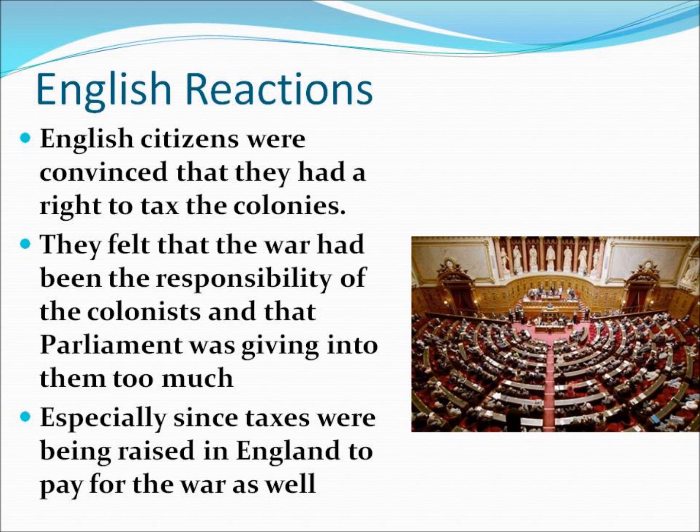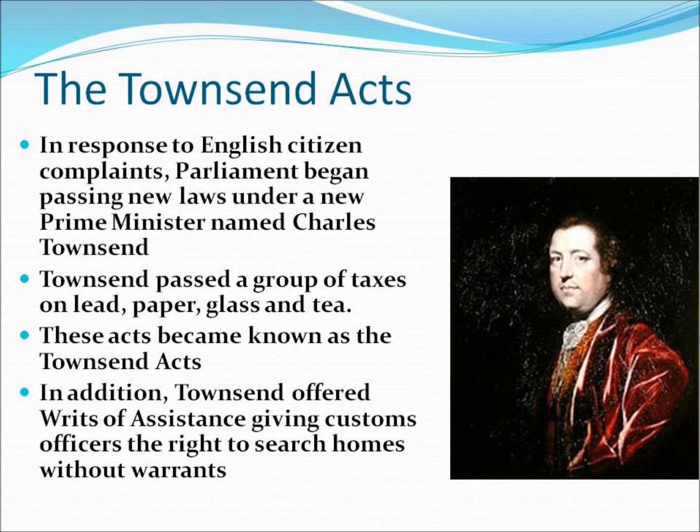However, once the repeals took effect, the English citizens in England, who had had their taxes also raised to pay for the war, were getting upset because they were paying for the war they felt the colonists had actually been the ones to start. In response to this outcry from the English citizens, Parliament once again took action against the